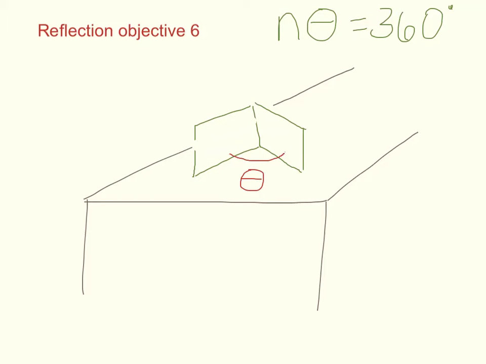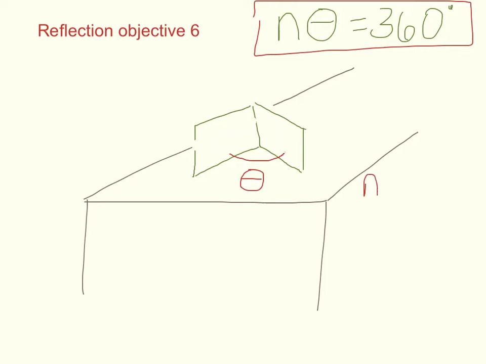Okay, this is Reflection Objective 6, and this is the lab that we did where you walked around from table to table, and you had two mirrors that were taped together in the back, and we had them sitting at different angles all around the lab, and you had to stick your face between the mirrors and count how many faces you have. So for this particular equation here,